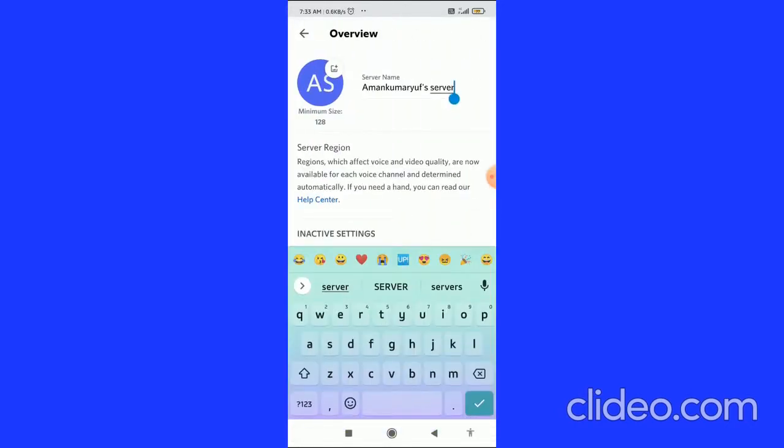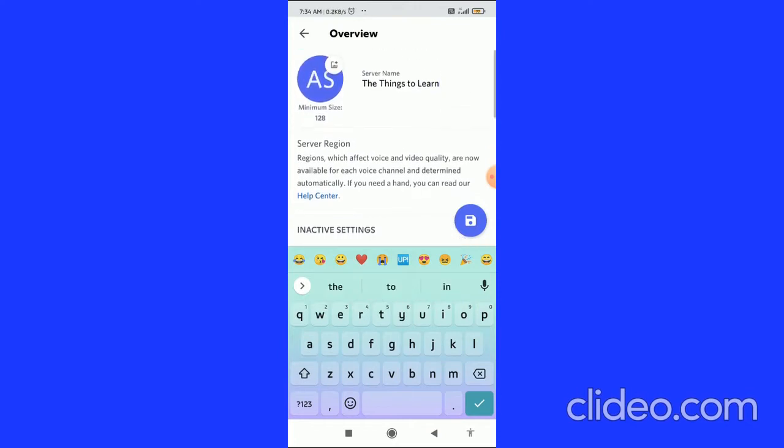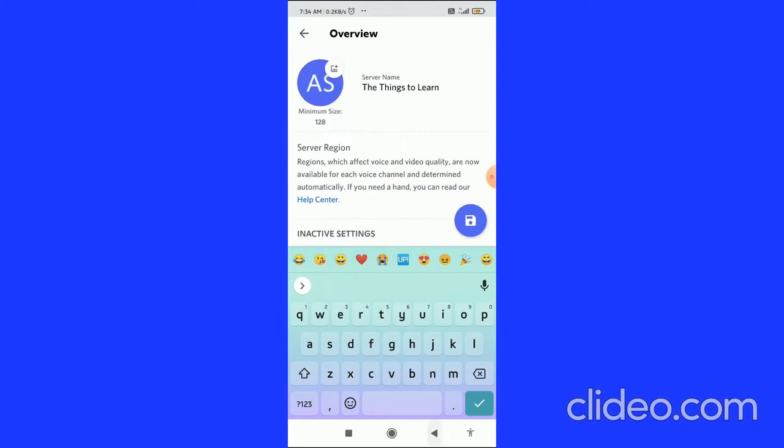So you have to tap on your server name here, so you can change your server name. You can type any name that you want for your server. So let's see, I am typing my YouTube channel name, and then after that you have to click